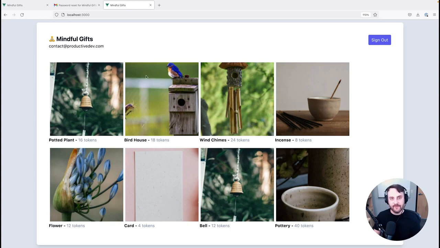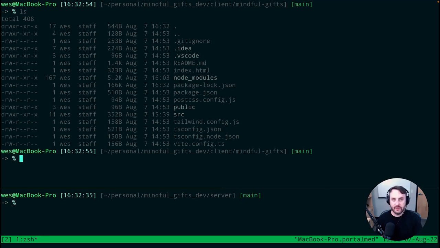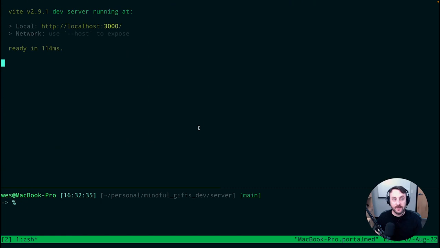Okay, so let's go ahead and dive into some code. The first thing that we're going to do is just make sure that our client application, the Vue 3 application, is running. To do that, we just need to start the Vue dev server. So in the root of the Vue 3 project, which in terms of this project is in the subdirectory client and then mindful gifs, where you'll notice that we have our package.json, we're going to run the command npm run dev,